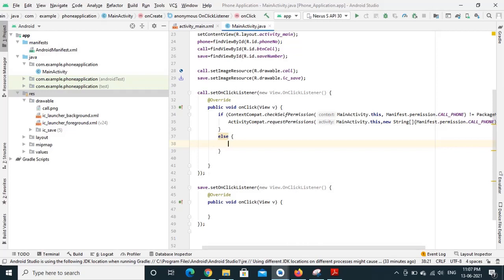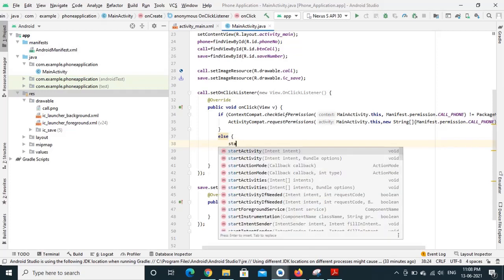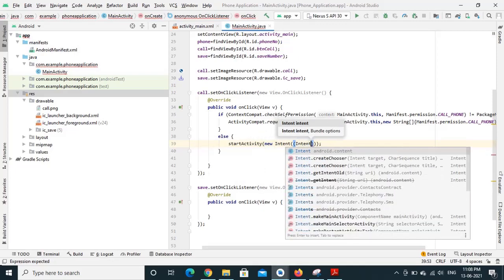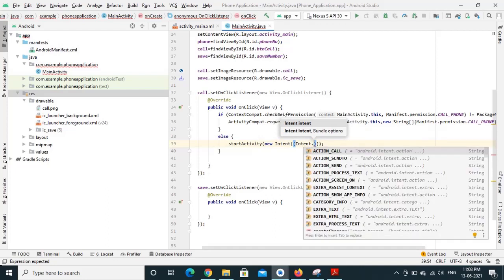To start a new activity, we have a function called startActivity, and we have to provide an intent. So directly I am passing the intent here, new Intent. The intent here is Intent dot ACTION_CALL. We have ACTION_CALL as well as ACTION_DIAL. We select ACTION_CALL here.